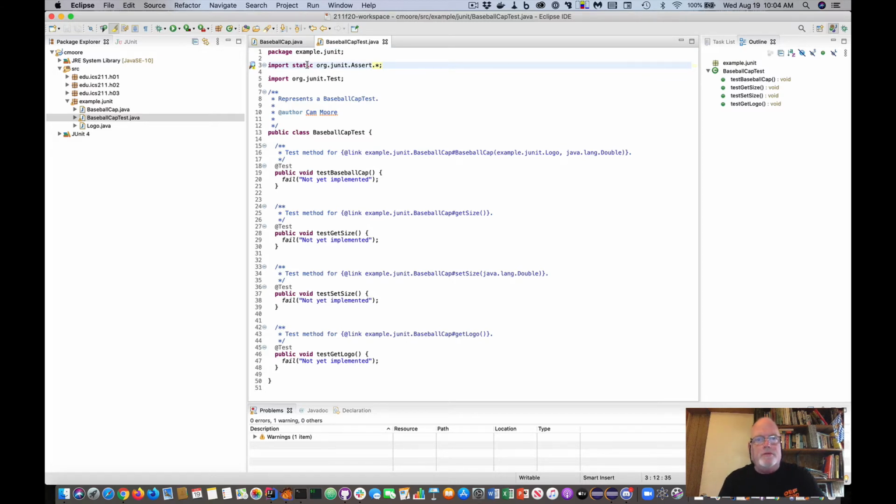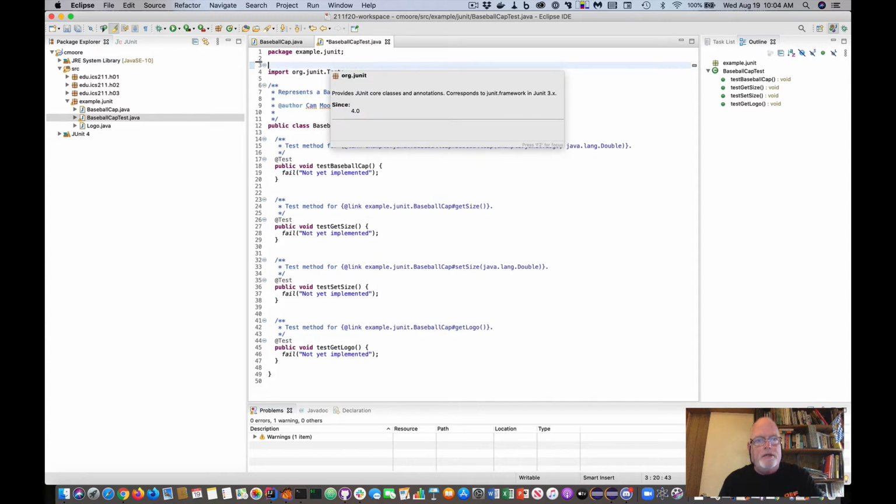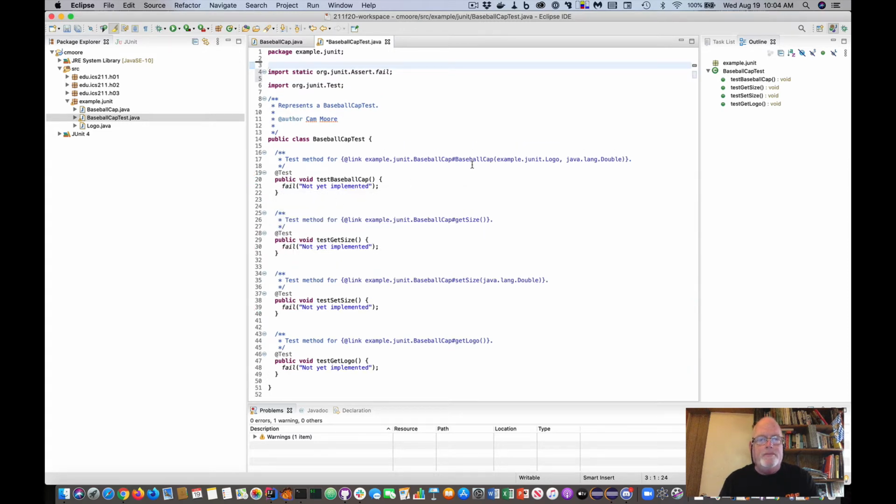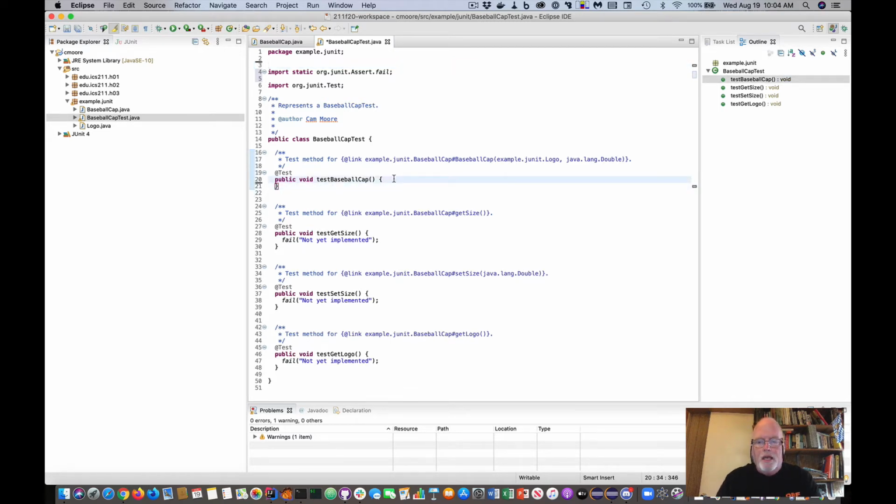Checkstyle doesn't like using an asterisk for this, so we're going to just delete this line. And then these fails are going to be in here, so I can add a static import for fail if I want to keep it in there. So I now start implementing. I want to test the constructor, so I can delete that line and say,